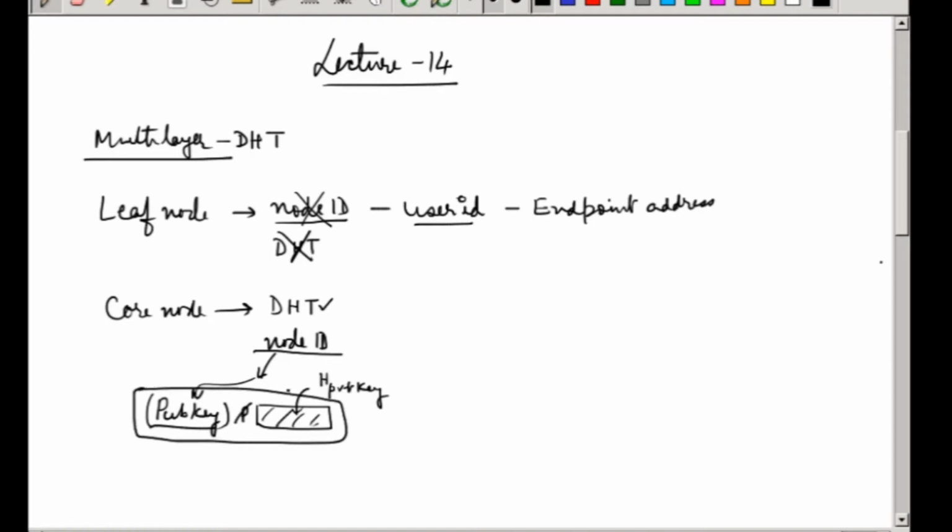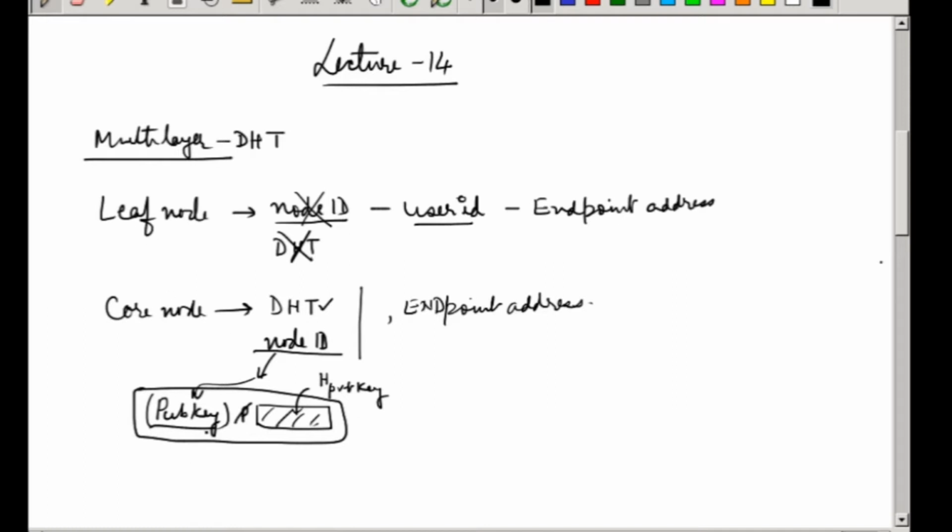The reason for doing this is that we ensure the public key is always generated as a random number, because both have to be generated together. You cannot arbitrarily choose a public key. If you decide on the public key first and then want to generate the private key, that is not feasible. So the core node will do this. The core node will also have an endpoint address, there is no doubt, but this endpoint address can be identified by sending a query directly to the core node. So this never needs to be kept in the database.